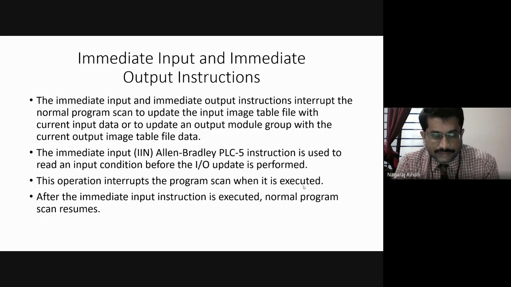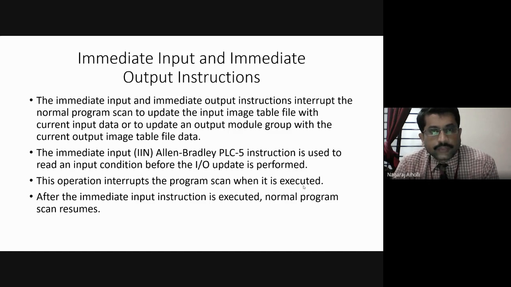Whatever is the status of the input at that instant, that is updated in the input image table file. That is the immediate input instruction function. The function of the immediate output instruction is that it immediately updates the status of the output image table file to the output module or to the field device, right? That is the immediate output instruction.